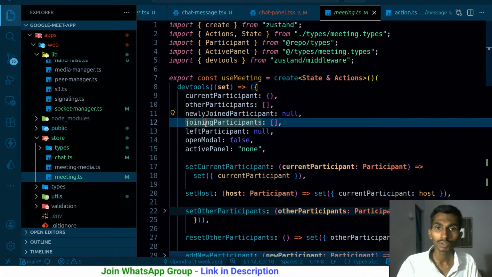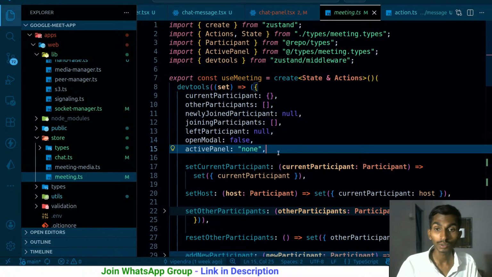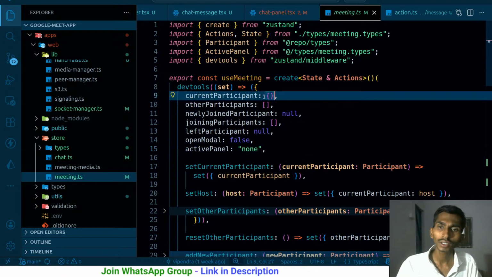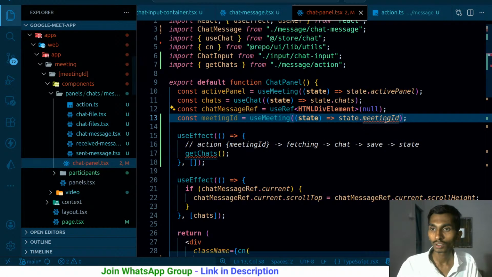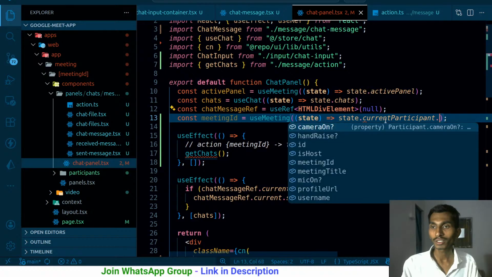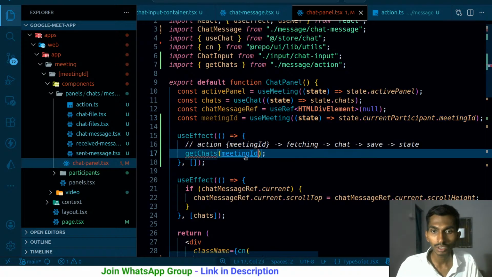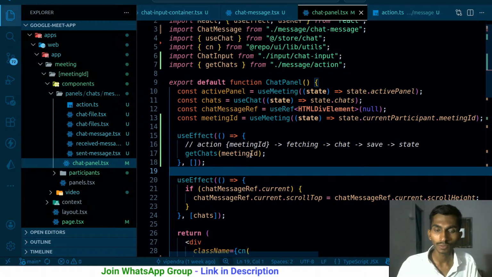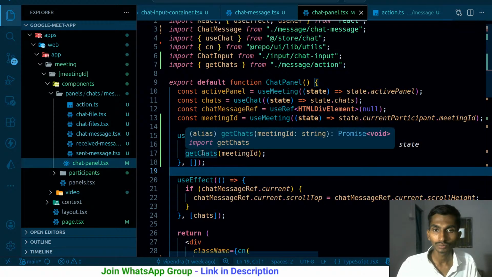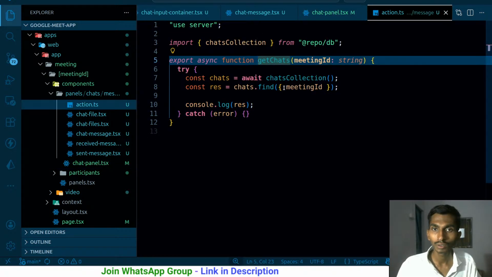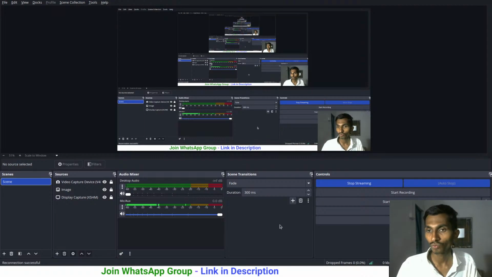Current, other, newly joined, left, open this, but I don't have the meeting ID here. Such a bad thing. Current participant has the meeting ID, so I can get the meeting ID from the current participant, and okay, that's fine. So close this. currentParticipant.meetingId, that's fine. So I got the meeting ID. Once I got it, I have to just simply pass it here. Once it is passed, done, and then it's going to be called, and hopefully